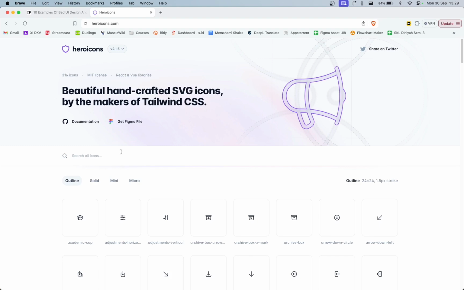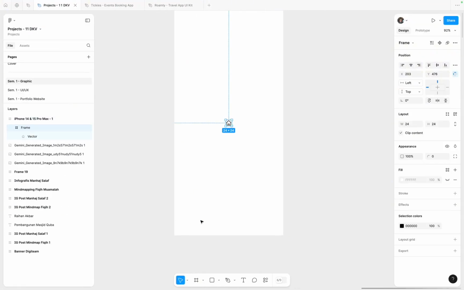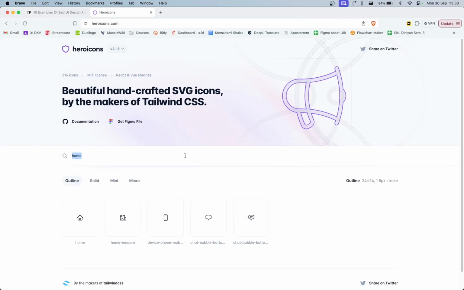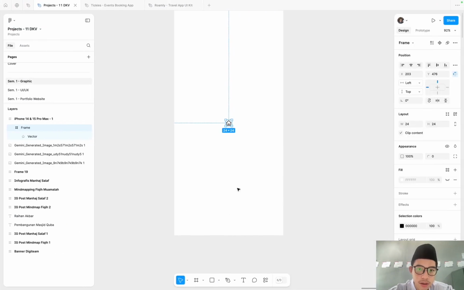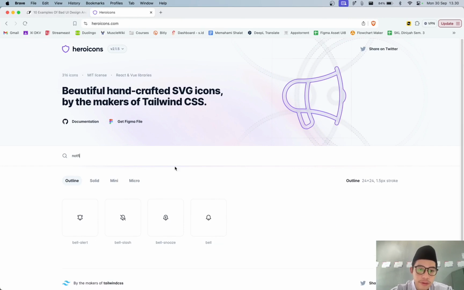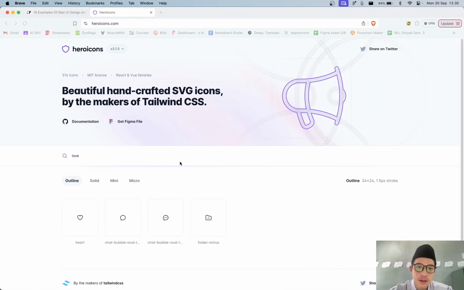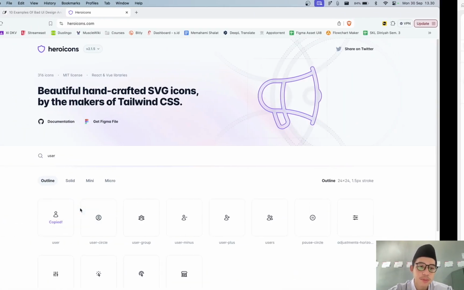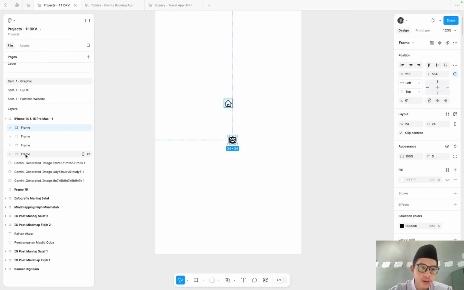Okay, here we're gonna add home, and then inbox, mail I guess, and then maybe not notification, that's love, gonna be favorites, and also user to be profile. All right, 1 2 3 4.